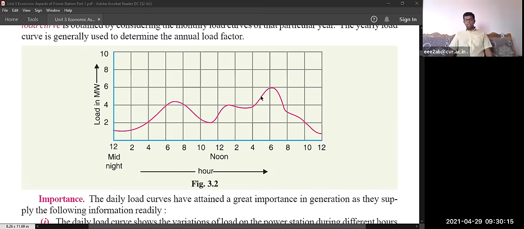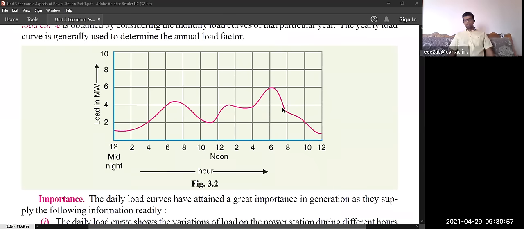They will start using their own appliances. After that, the load may be increasing up to 6 megawatt. At 6 p.m. it is reaching the maximum load. Why? Because at 6 o'clock we switch on all our lights, ceiling fans, appliances, everything. Then slowly, up to 8 o'clock, it is decreasing. After that, slowly